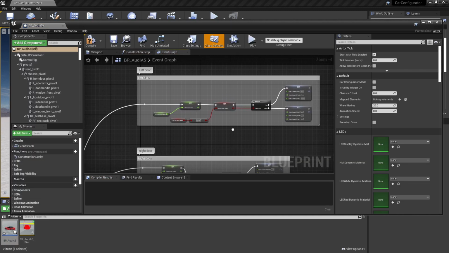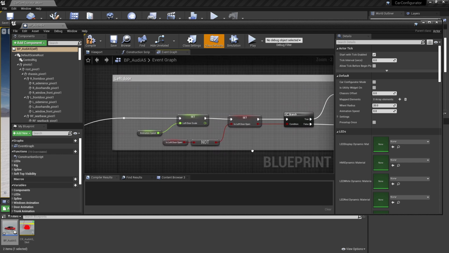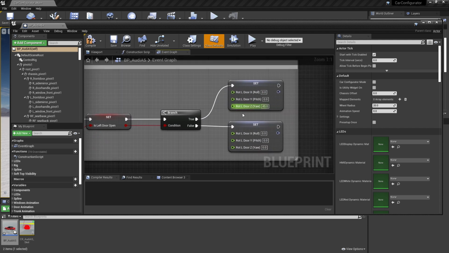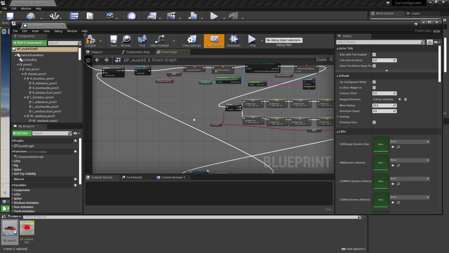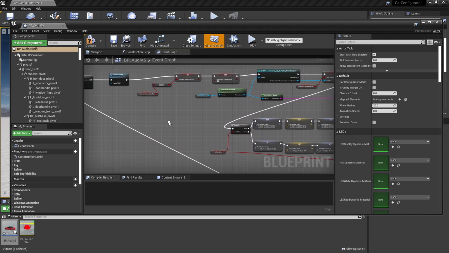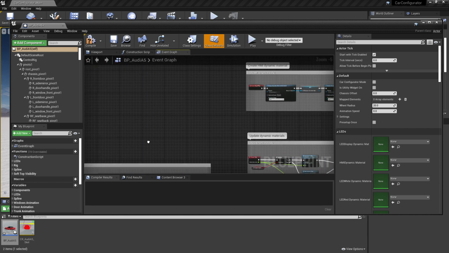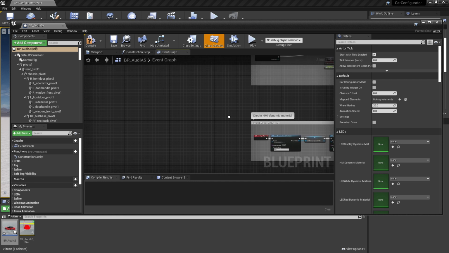In the event graph is where the animation logic happens. Something like a door animation is really straightforward. It's just interpolating between two different values. If you look at something like the convertible top, the logic is a bit more complicated, but it's still the same idea, where there's a rest state and an execution state, and it's interpolating between those two values. Now, the animation logic, even for things like the dynamic materials for the HMI, is also handled in this event graph. So you can go ahead and explore around this guy.